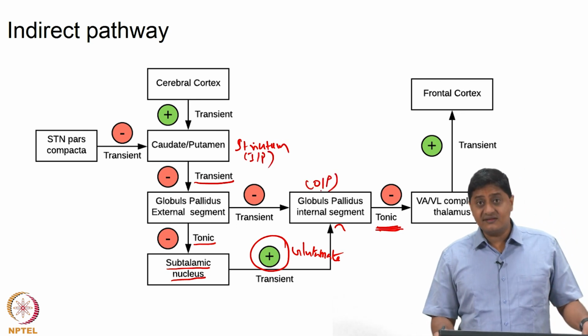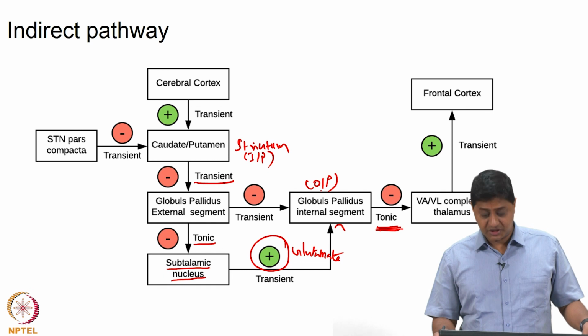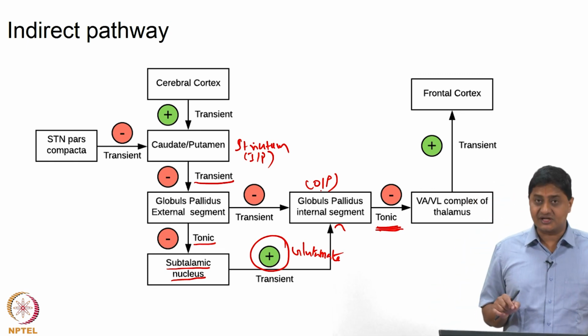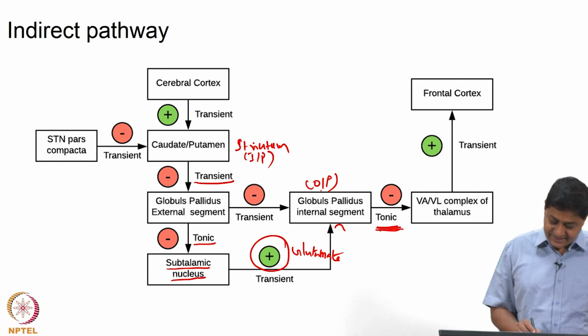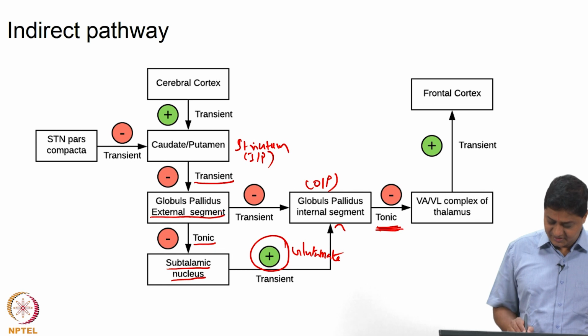So, in this case the striatum, which is the input structure, is connected to GPI, which is the output structure, through two possible intermediate connections. This is not direct, but rather through the globus pallidus external segment, which is part of the internal circuitry, and